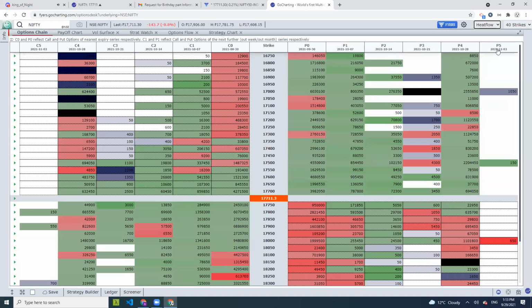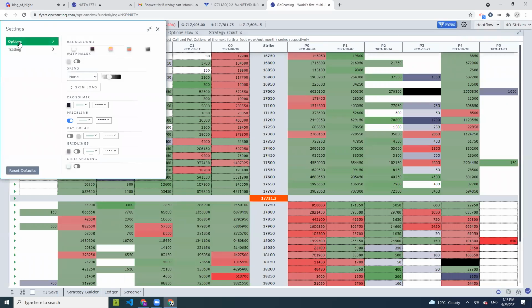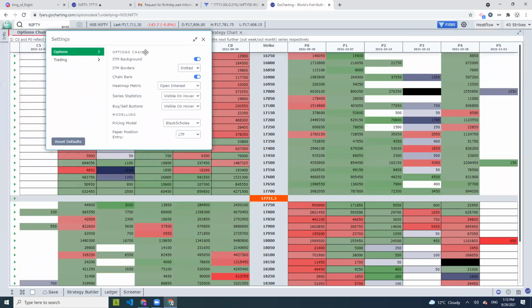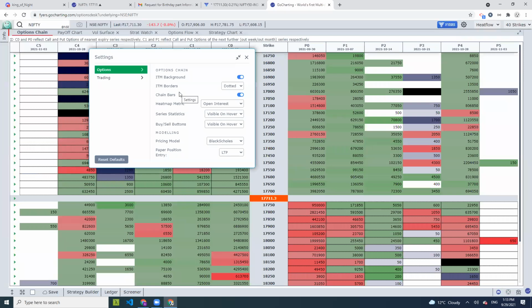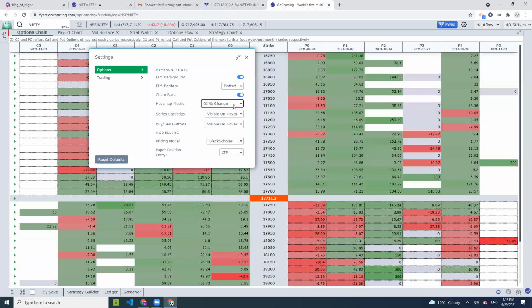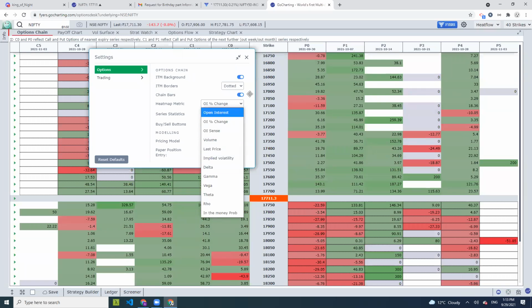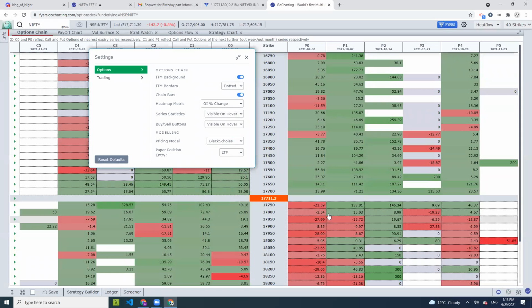Similarly, on the put side, it gives you the same view. But what is the number that you are seeing here? This is given based on this. If you click on this settings button and go to options, there you can choose all the settings that you want to configure your option chain. Here, the heat map metric, by default, I have given open interest. So it is giving you the open interest that is building up across all the calls and the puts across all the series. You have the ability to change it to OI percentage or volume or gamma, theta, whatever metric you want, you can plot it. And so what you can see at a series level is where the sentiment is moving.